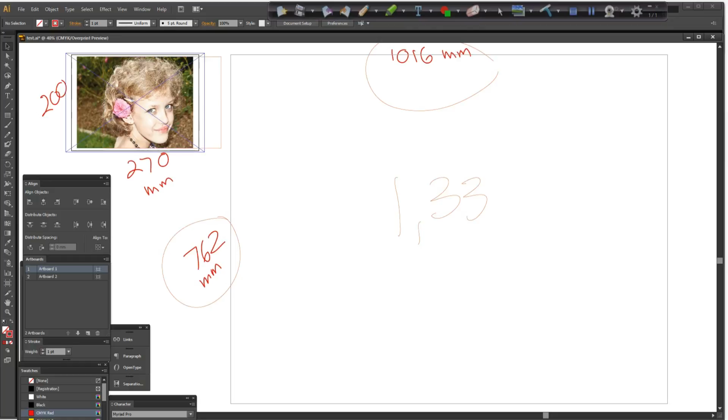So what I want to do is take my top to bottom measurement, which is 200, and multiply it by the 1.33. So 200 multiplied by 1.33 gives me 266. So I want to make sure that that square is 266 millimeters long. Okay,